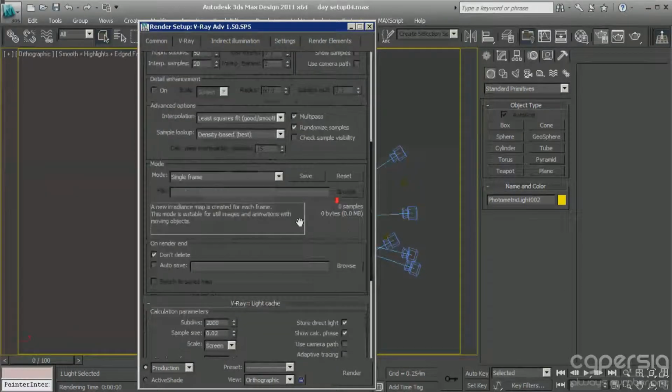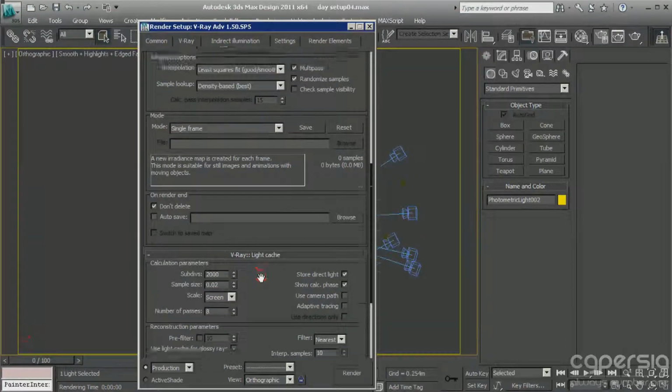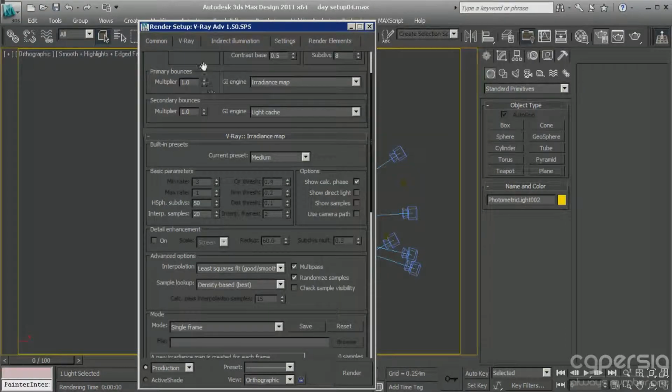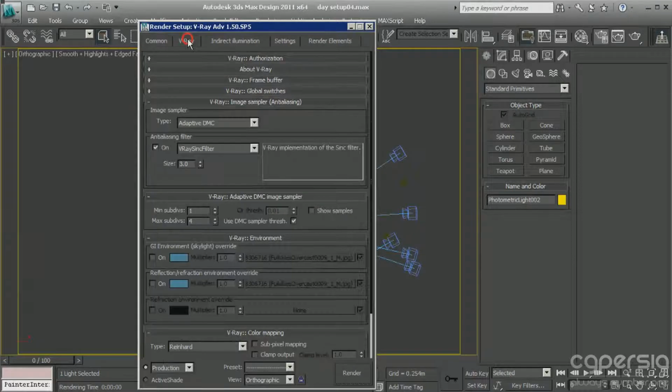We have also light cache set to 2000 subdivisions, pretty simple settings. We have also an adaptive DMC image sampler, because we have a lot of little grass, so a lot of little geometry, and this will give us a better and more accurate result during the rendering. The GI environment has been disabled because we have the V-Ray Dome